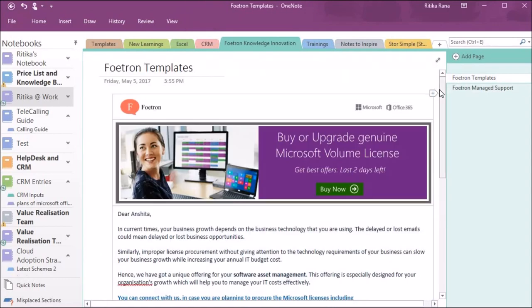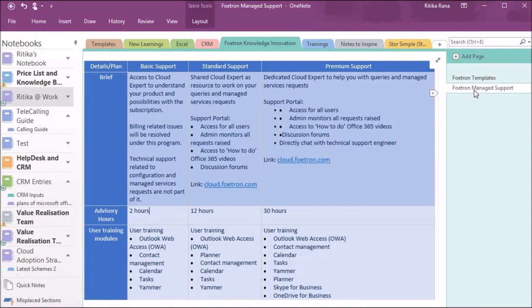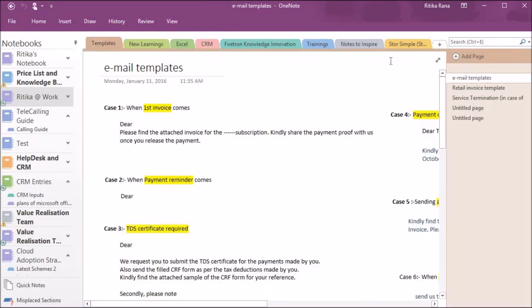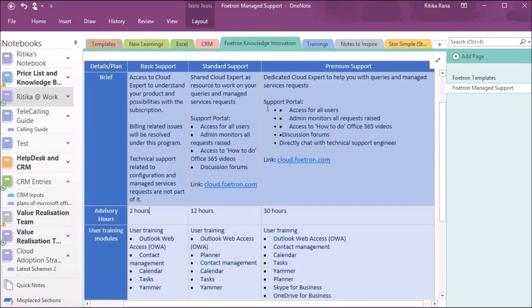But what if we do not want our colleagues to access our private notes? One way is to keep separate notebooks, that is one for personal use and the other one for sharing use. What if you have shared a notebook with two different teams and do not want team A to access the notes of team B and vice versa?